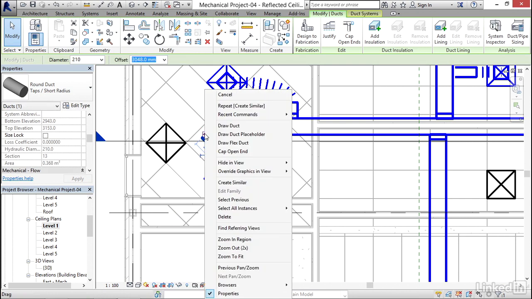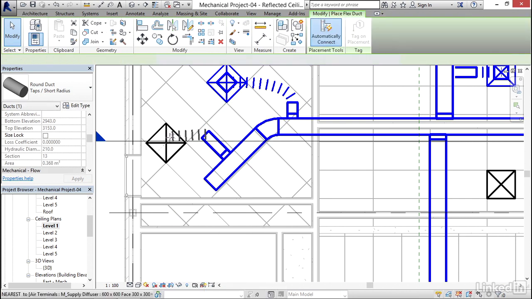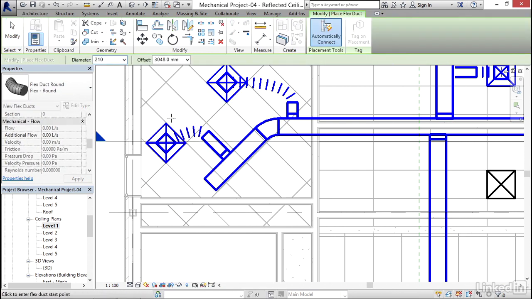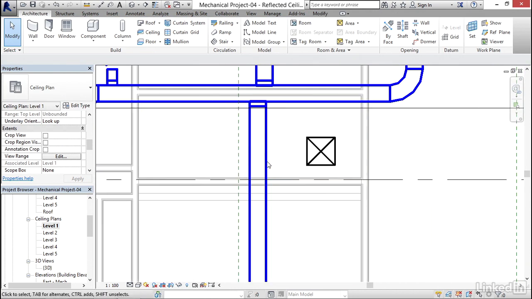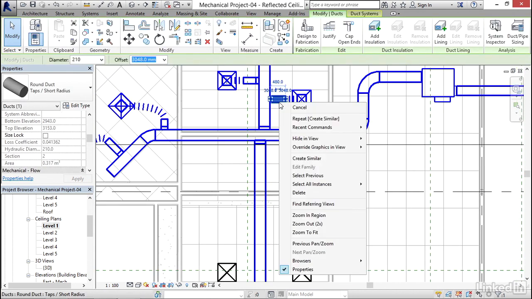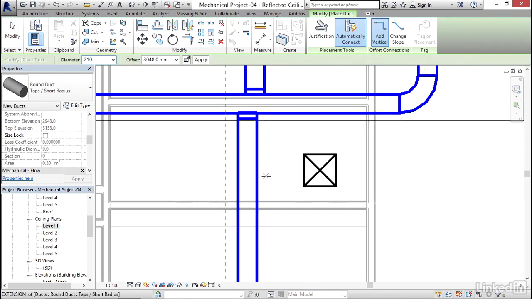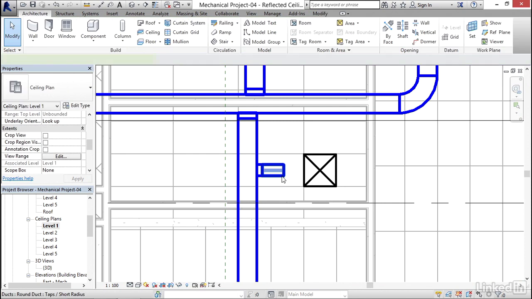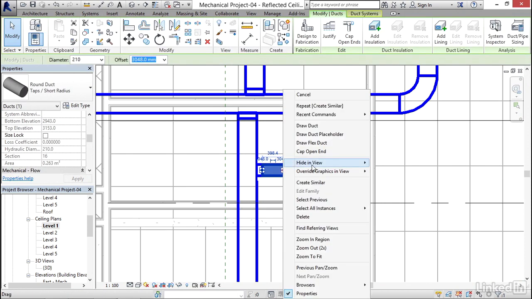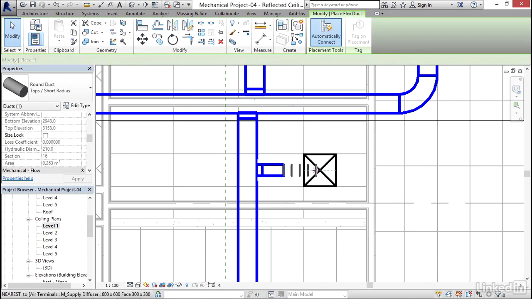I'm going to right click on this node. I'm going to flex a duct down to here. Notice that it's also putting it on the supply system. I'm going to select this duct and I'm going to keep going. I'm going to right click, create similar, draw my duct out, right click here, draw a flex duct,